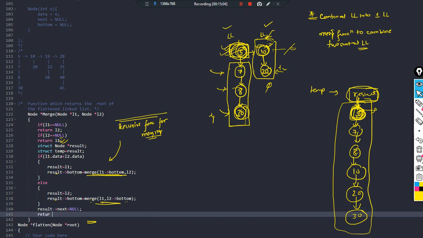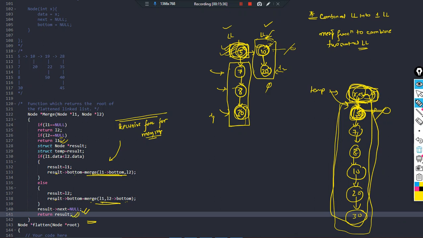And what should we return? We should basically return result. I hope you got the point. So this is how we can merge two linked lists into a single linked list, and this will be used in the problem. We actually have to merge it. So first of all, it was very necessary to understand the fundamental tool that is required. So we have to merge it into a single linked list, and we have to return the result, that is a result pointer that is pointing to the final linked list after merging them into a single linked list. And also we have to update this to null, isn't it? That is why I'm doing here result next is equal to null, and then finally returning result.